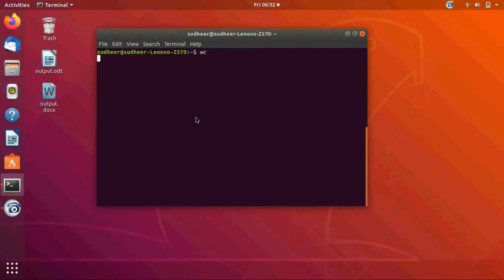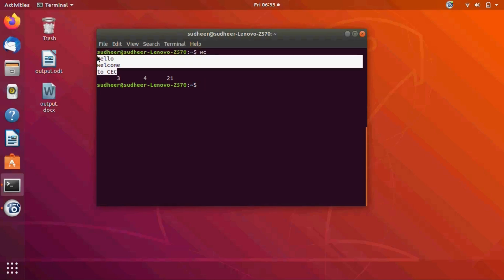Here I'm giving an input from the keyboard: Hello, welcome to CEC. I've given the input from the keyboard, that is the standard input. So the keyboard is the default source for the standard input.